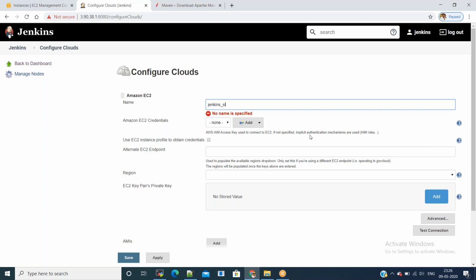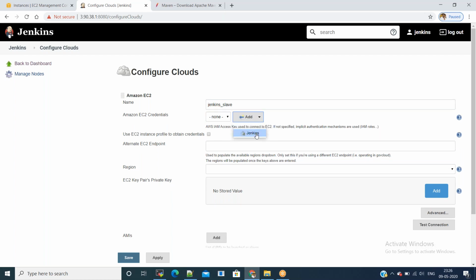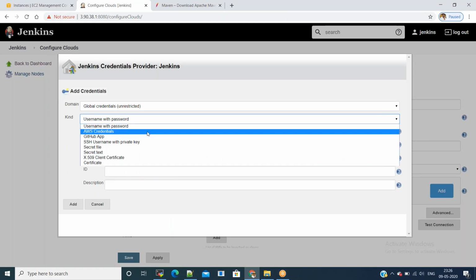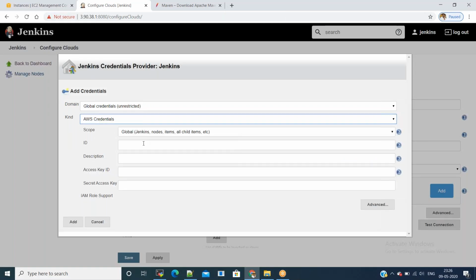Choose a region, instance type, label. And configure AWS credentials. Mention the ID, access key and secret key.